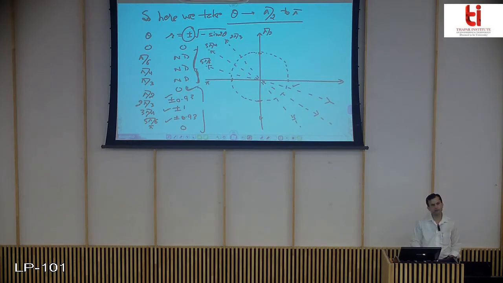Theta equals 0, pi by 2, the value is 0, so the point is here at the origin. Now for 120, it is plus minus 0.93. So let us take first R positive for 120. So this is the ray of 120. 0.9 is somewhere near 1, so it is 0.93 approximately.